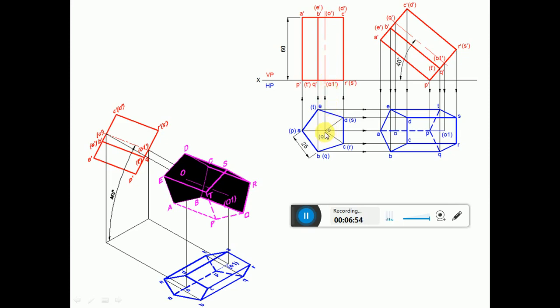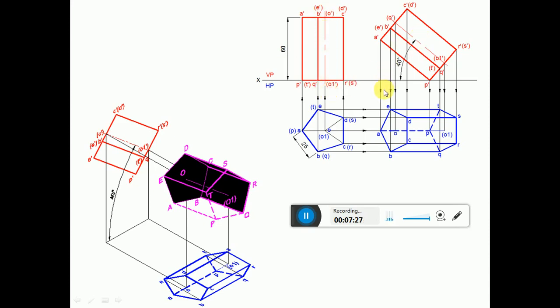When the axis is parallel to VP, O1 is a point. So this is perpendicular to HP and parallel to VP. Since it is perpendicular to HP here, this is 90 degrees to HP, and when you look from the top view, these two end points are equidistant from the vertical plane, so obviously this is parallel to VP. Then you are going to get the true length of the axis. This true length of the axis is nothing but the 60 mm, that is the axis length of the prism.